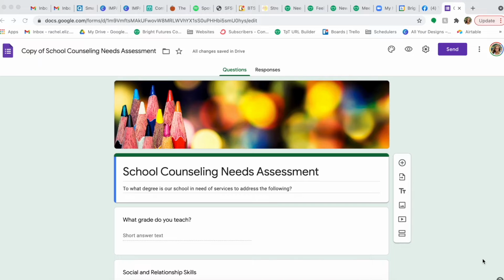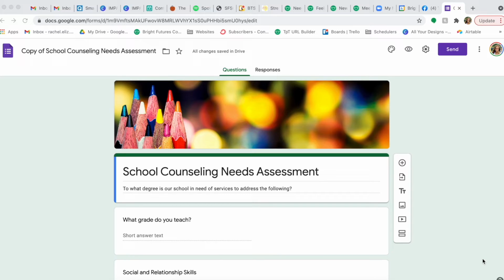So now I want to show you the needs assessment. A school counseling needs assessment is one of my favorite tools to use, especially at the start of a new school year. And I think whether you are a first-time school counselor or you're coming back to the same school year after year, a needs assessment is always a good idea because the student population is changing, kiddos, teachers are changing, times are changing. It's just always good to do a check-in to see how you can best support students and